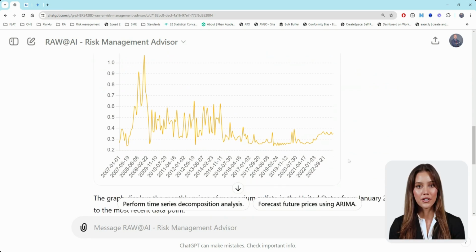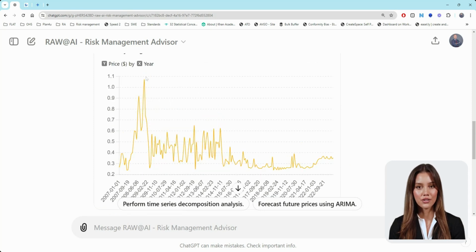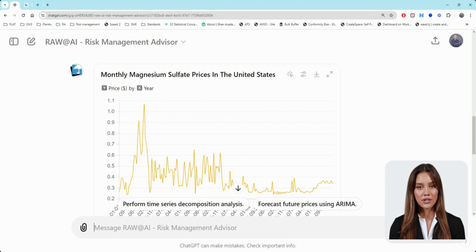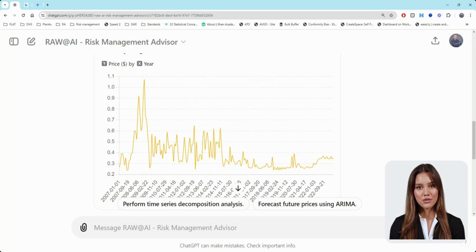It's showing us that the price can skyrocket and it looks volatile. This indicates that using this raw material in our production will come with some market risk. Although market risk has somewhat reduced in recent periods, it has some historical volatility. This again brings us to a point where we would normally investigate, and we can actually do this inside ChatGPT